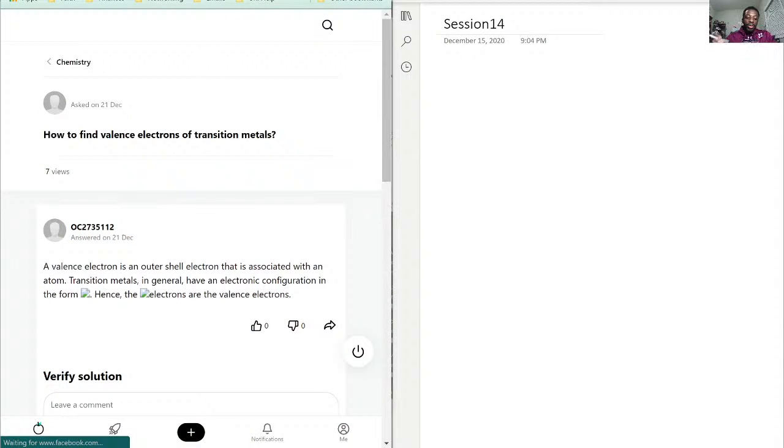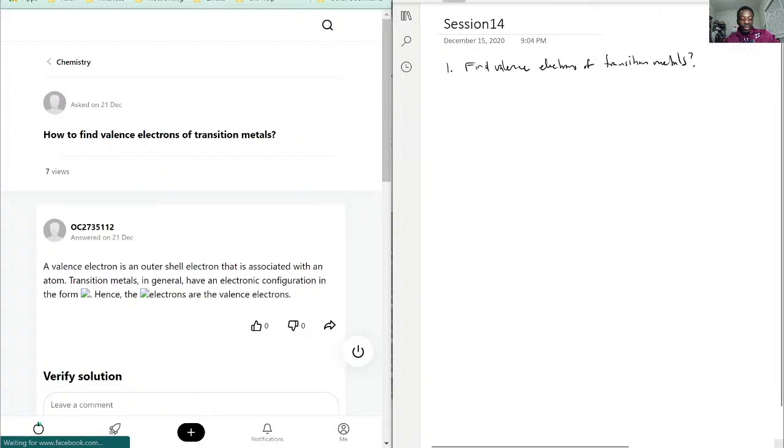And the first question is, how to find valence electrons of transition metals? So this is a very good question here. In fact, I do recommend that we take a quick glance at the answer here where they stress the electron